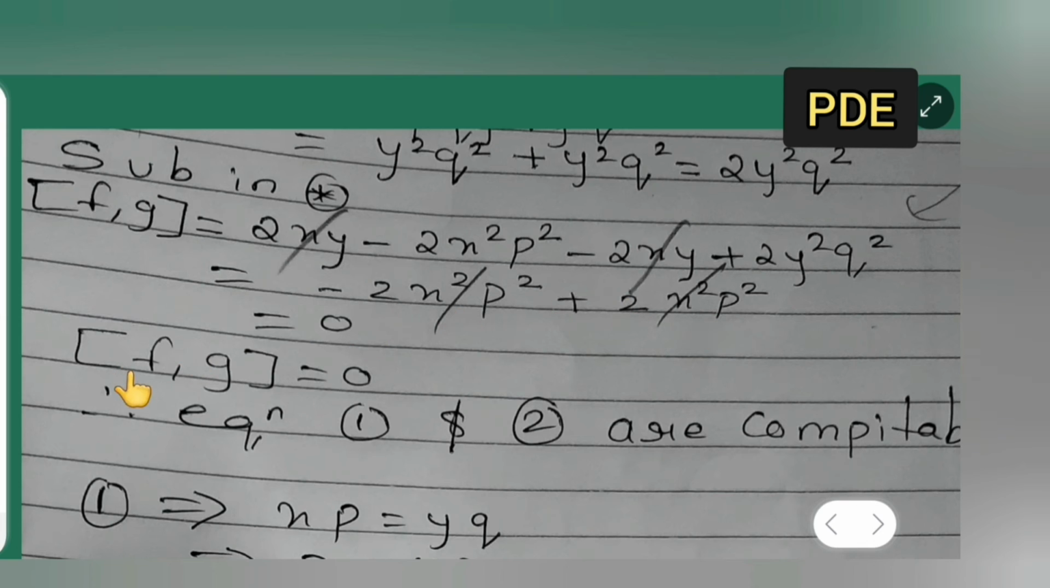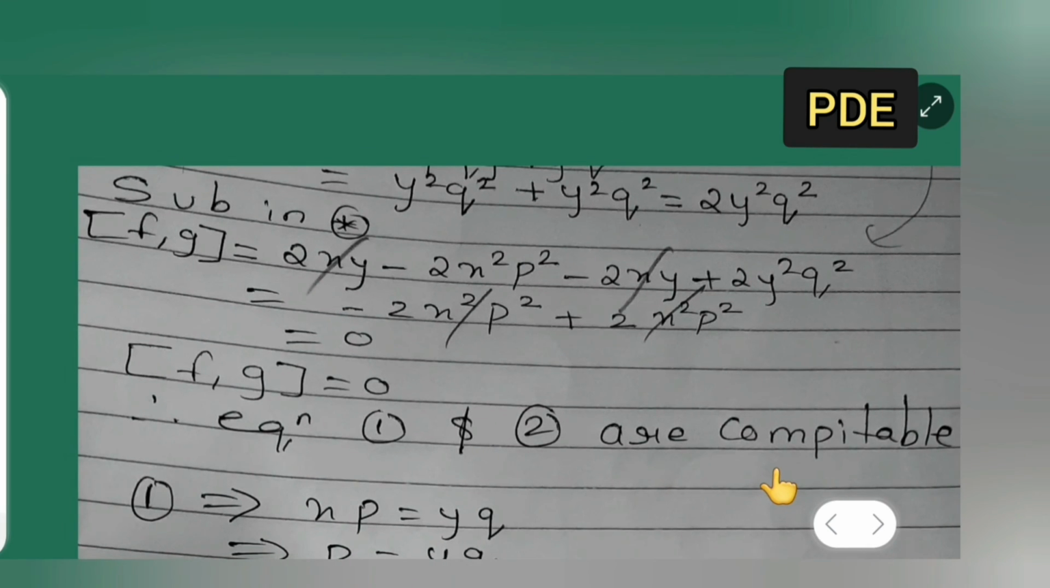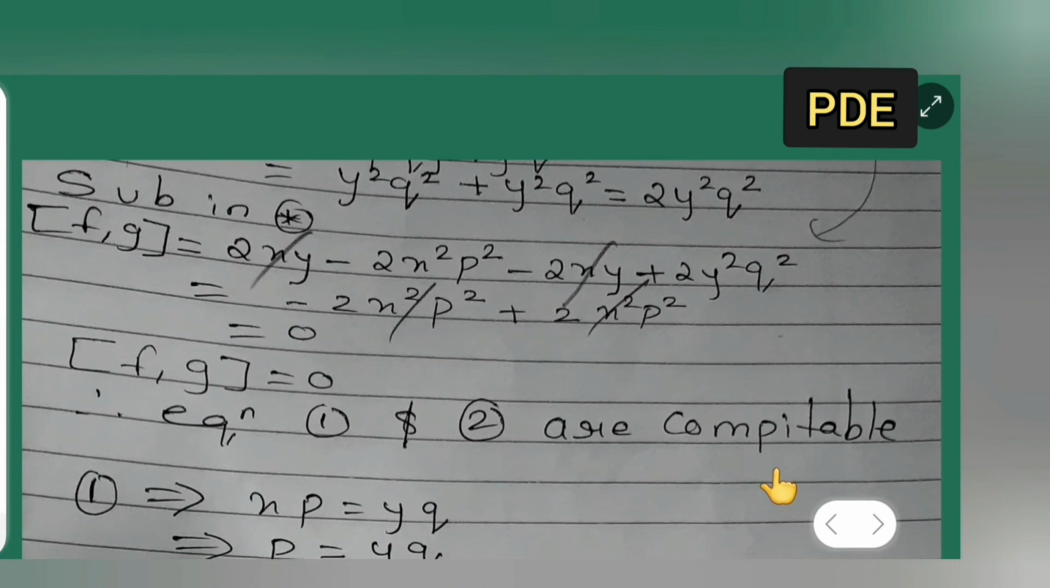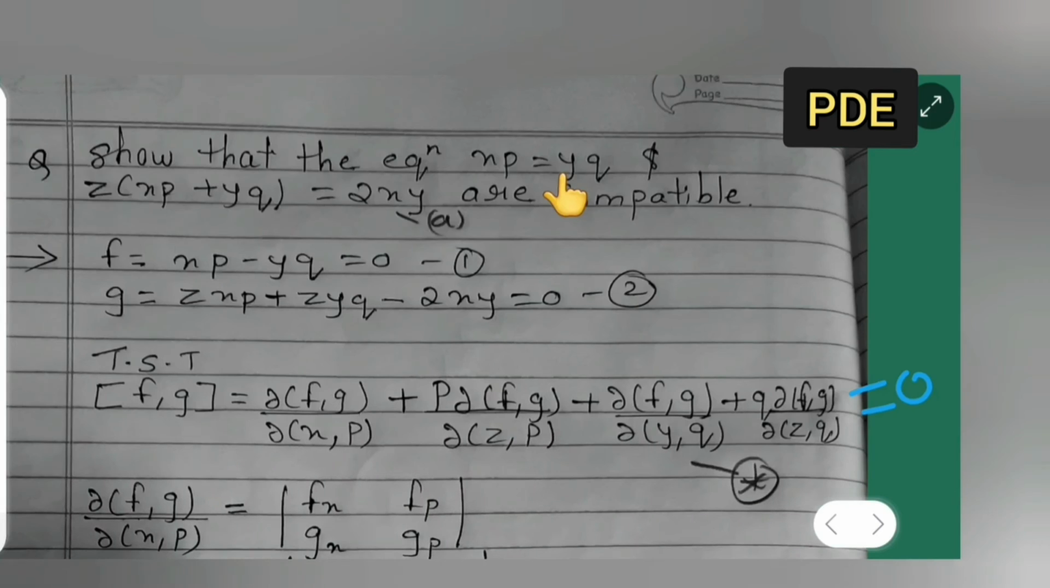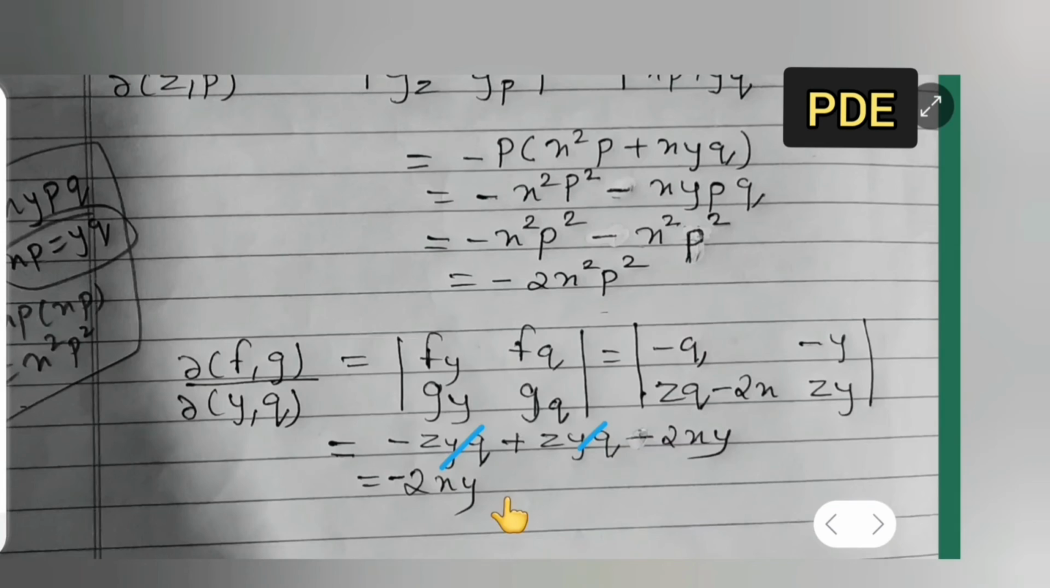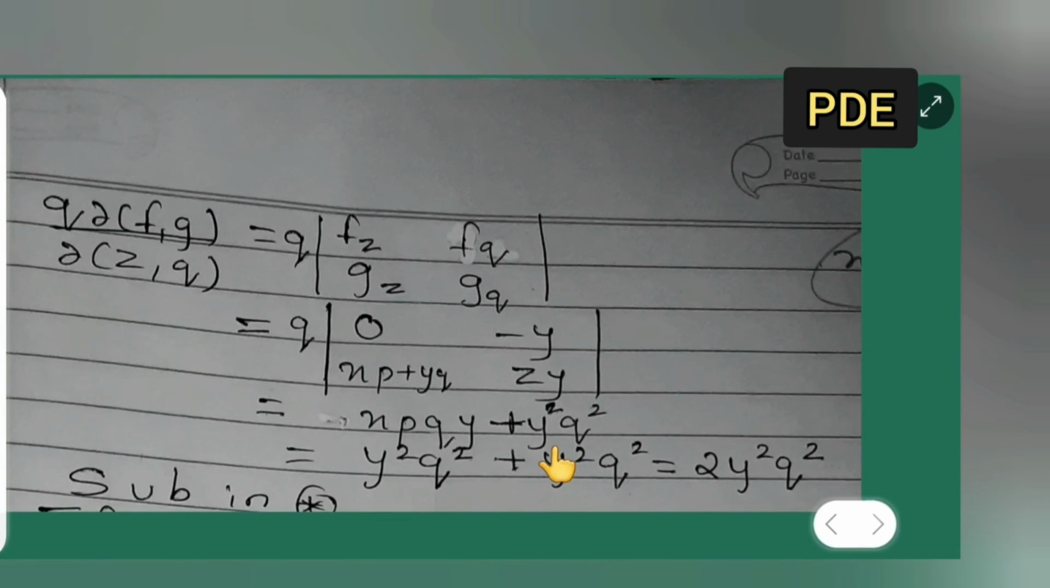So f comma g is equal to nothing but 0. So equations 1 and 2 are compatible. I hope you can see it clearly. So these two equations are compatible. Now what you have to do is,